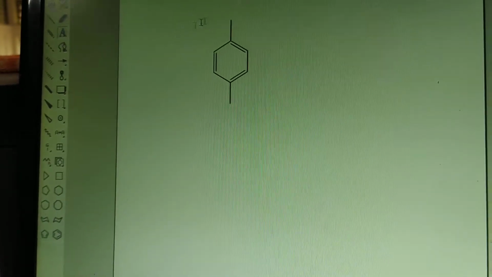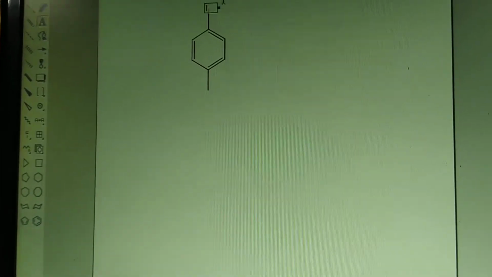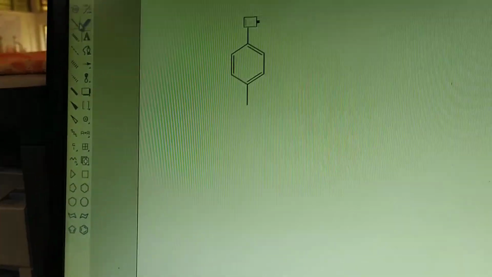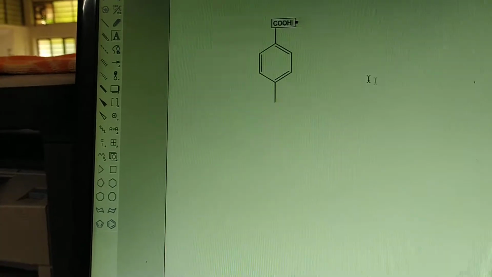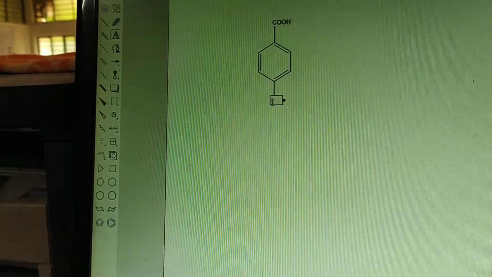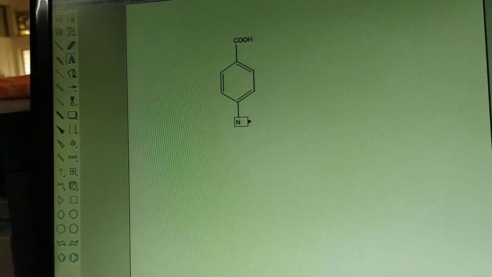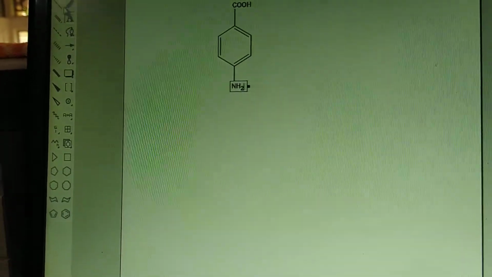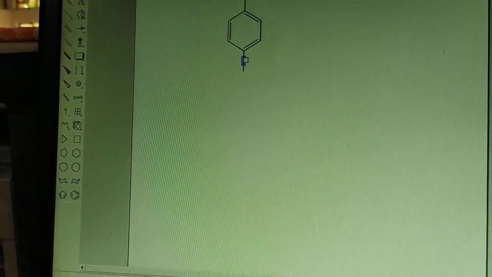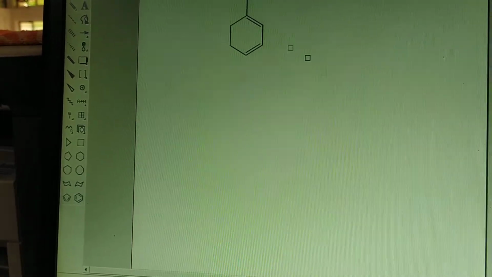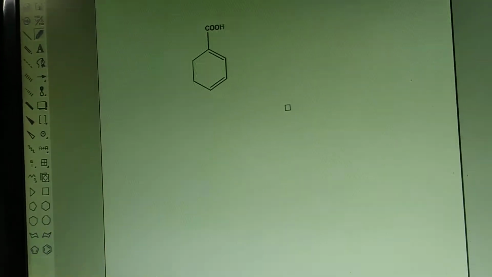I have to select it, come to this window, and select this carbon. Now turn your Caps Lock on, and in this you can write a functional group. Take an example, COOH, carboxylic acid. On another side I am adding another functional group, the amino group. So here I got this. Now suppose I want to remove this, then you can take this eraser and remove this bond, and this bond. If you want to come back, then go for Ctrl Z.